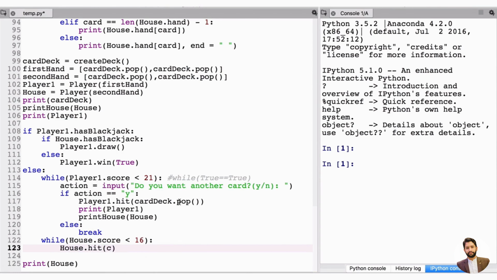Our pop is a method that's part of this list here. So it's not an attribute, it's a method that we have to call. And so that's why we have to put these parentheses here. So what we're doing here is,